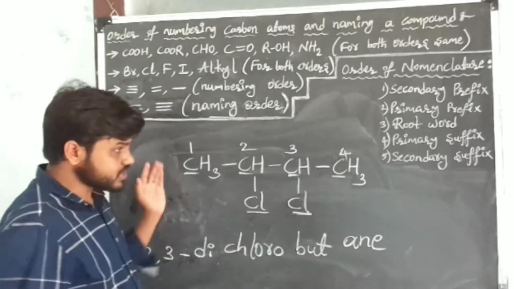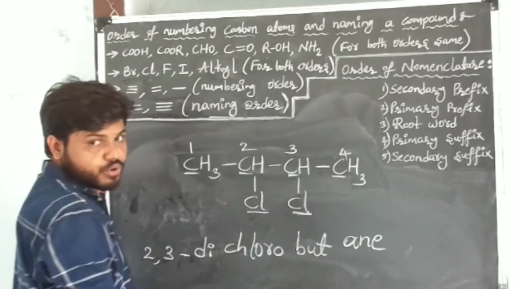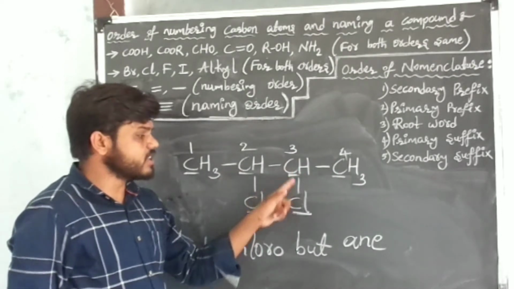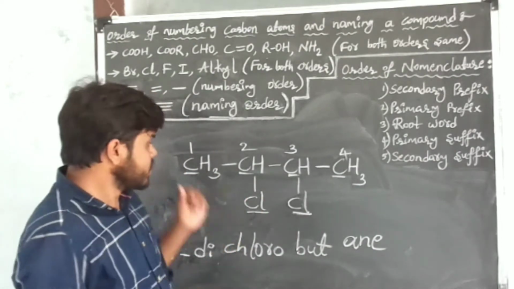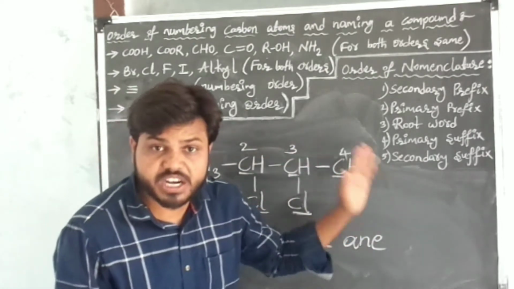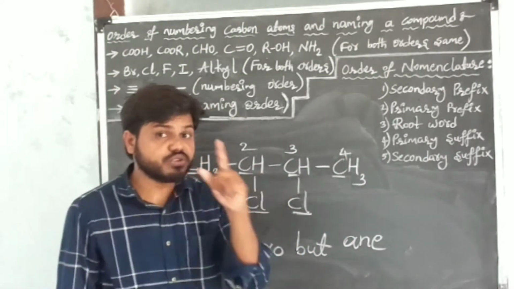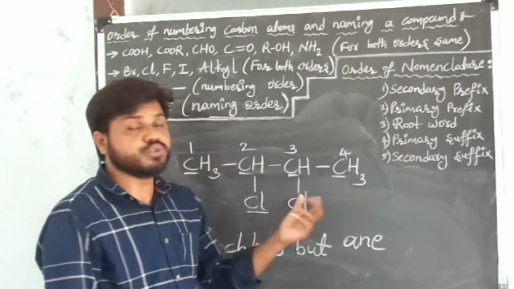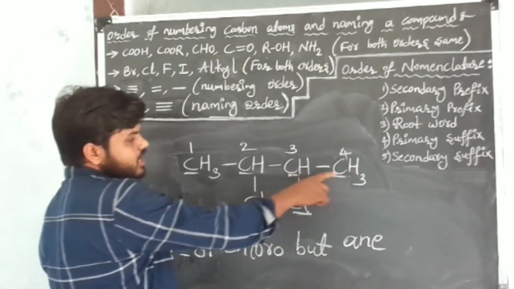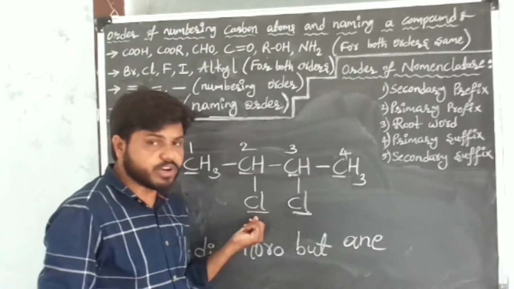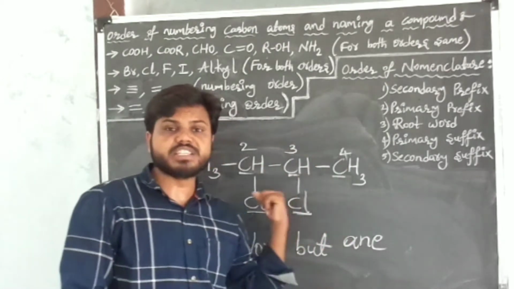I am repeating. This is the given carbon compound, and this is the principal chain. At this carbon, one chlorine is there, and at another carbon, another chlorine is there. Total 2 chlorines are present. Give the numbers to each carbon atom in such a way that these 2 chlorines get the least numbers. I started from the left side: first carbon, second, third, fourth. This chlorine gets the second position, the other gets the third. If you start from the right side, you get the same positions.